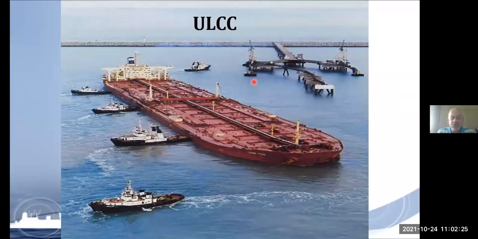Okay, so this is a very famous picture, and here you will be able to appreciate these tugs. All this series, number 1, number 2, number 3, these 3 tugs are pushing. Actually, they are pushing from the stern. So they are pushing the ship slowly onto the jetty, and this is a very controlled movement. Okay, controlled movement.